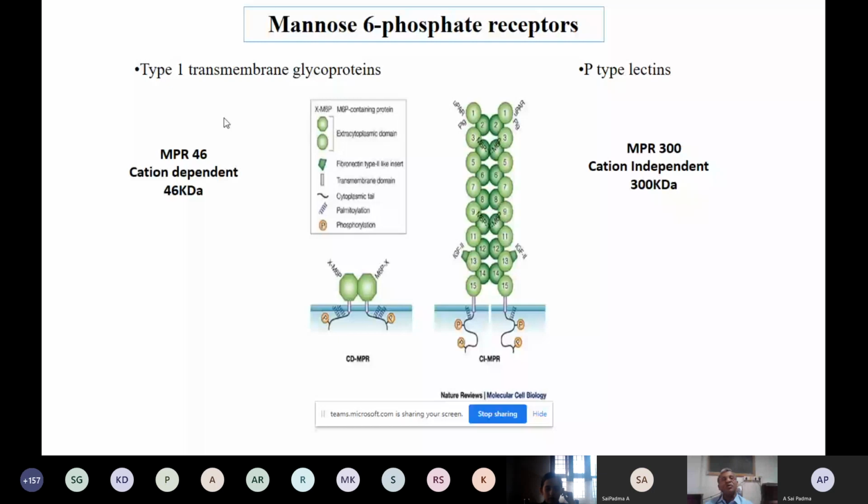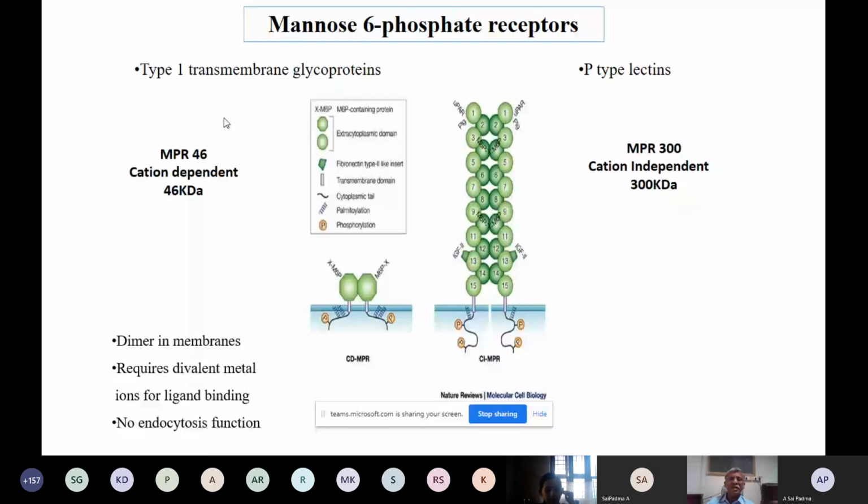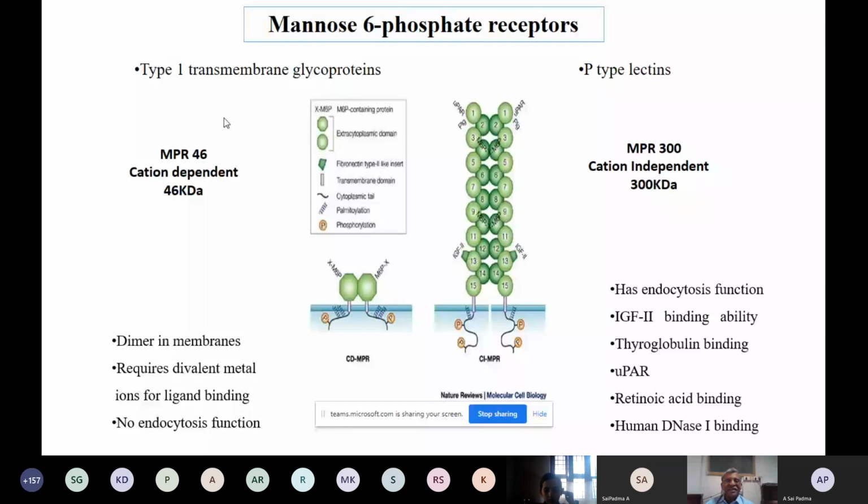Both are transmembrane glycoproteins and they contain a short cytoplasmic tail, a transmembrane domain, and an extracellular domain. The difference between the 46 and 300 protein is that this has a single cassette structure in the amino terminal domain, whereas this has 15 repetitive cassette structures in the N-terminal domain. The function of all the 15 cassette structures is still not known, but what is known is that domain 3 and domain 9 in the MPR300 protein are responsible for binding the lysosomal enzymes, whereas domain 11 is known to